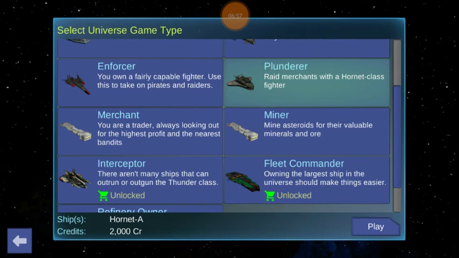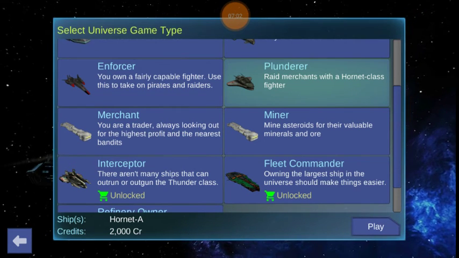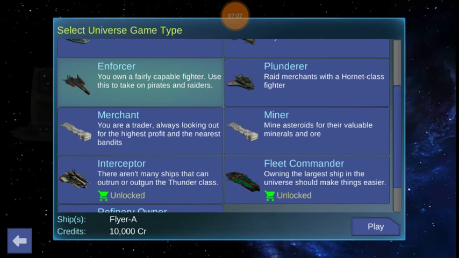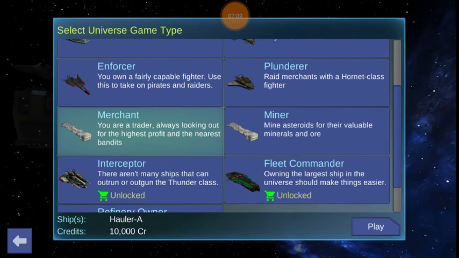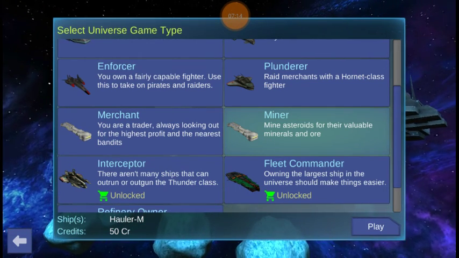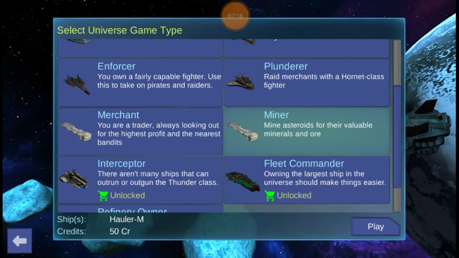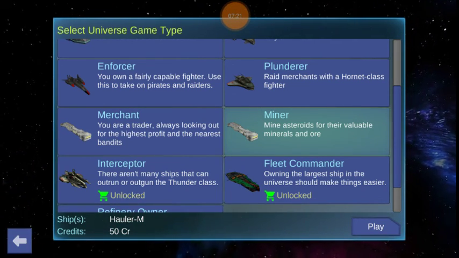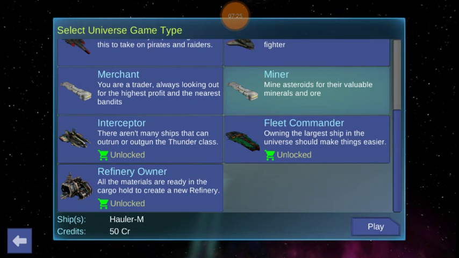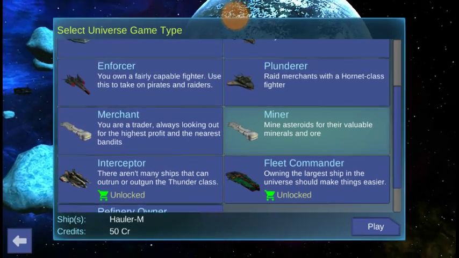And so, that's not too bad, right? Or, worst case scenario, just start a new game, pick the Enforcer, right? Now, granted, starting off as a merchant or the miner is not exactly exciting. It's kind of boring, very, very repetitive. But for the sake of demonstrating the various things we can do to make money when you're starting off, I'm going to go ahead and pick